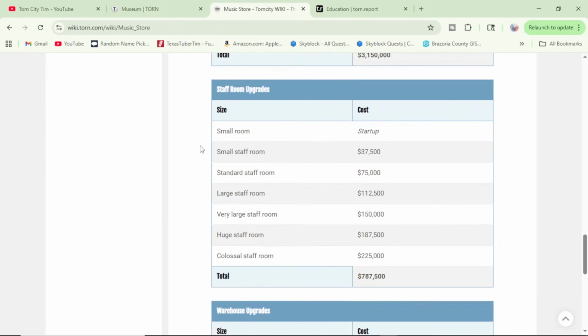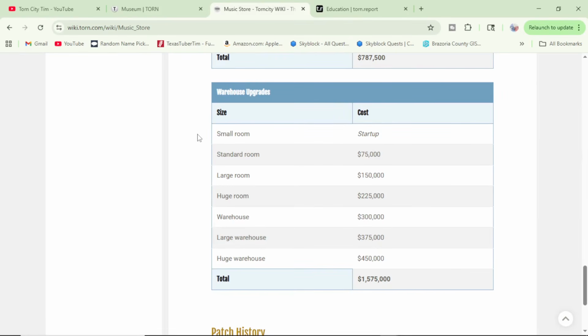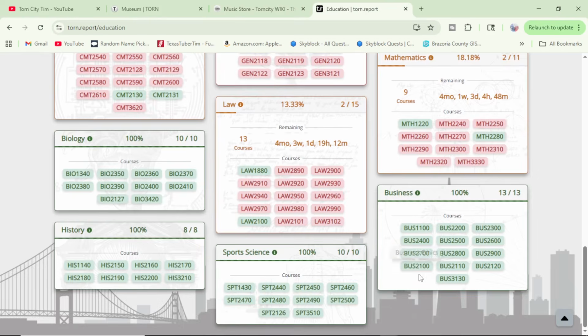The same applies for the staff room upgrades, and also applies for any warehouse upgrades. So any of the upgrades to a company, you have to have the bachelor in order to be able to do these things. So to sum it all up, if you have an interest in running a company, I would